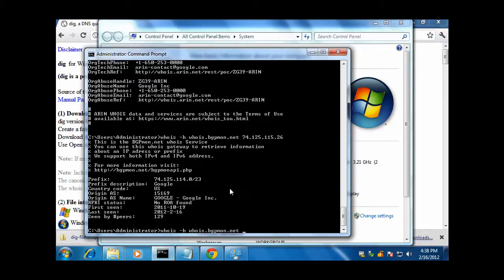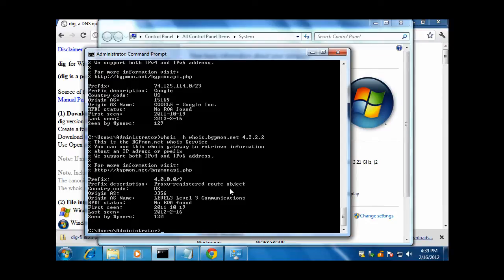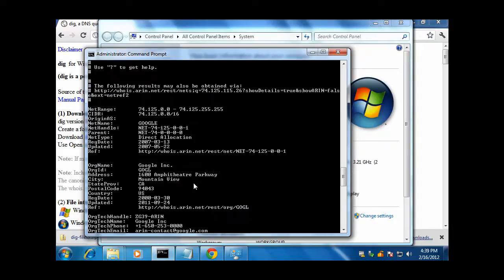Let's say the public DNS servers. This is from Level 3. It's 4.2.2.1. Where this IP is coming from, it tells you that the origin AS is 3356. Let's do one more, the OpenDNS servers. It tells you the block that it's coming from, and it tells you that OpenDNS is the prefix description, and the origin AS is 36692. So there's really a lot of possibilities with just these two simple utilities, dig and whois,